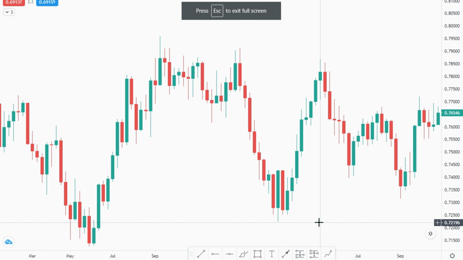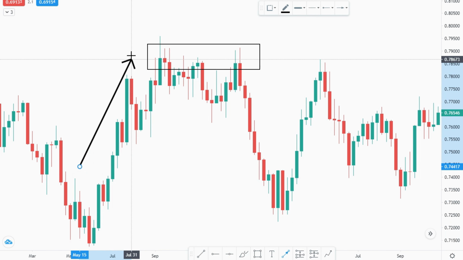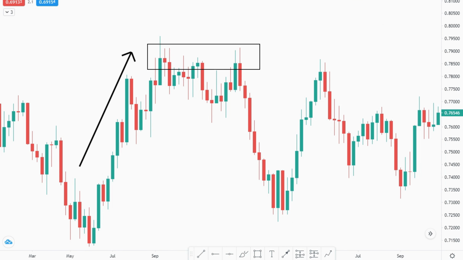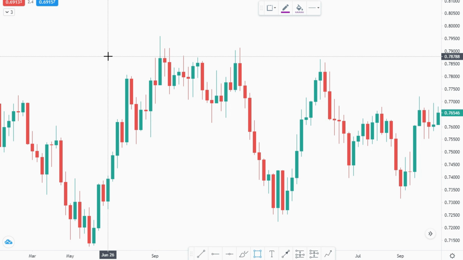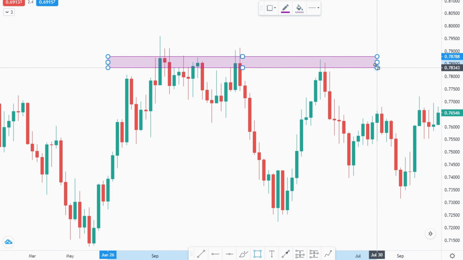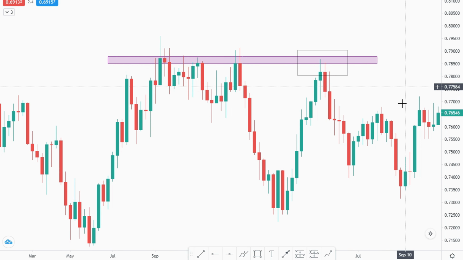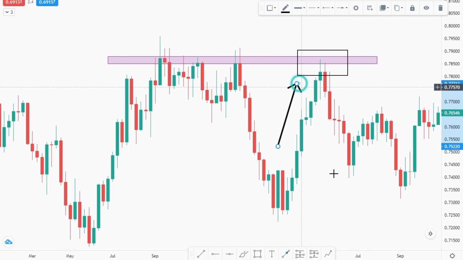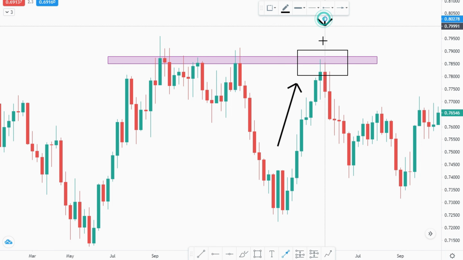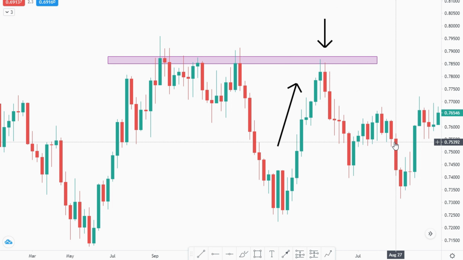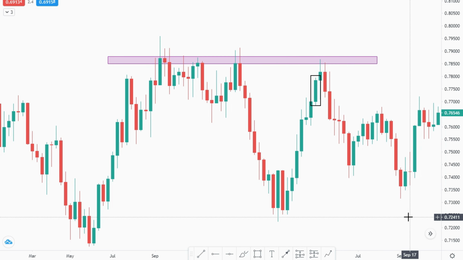Here, price came up, giving us a triple rejection at a level which makes it a key level of resistance. So we draw that in. Then price approaches this level again. We look for some form of price action to occur at the key level to enter the trade. We have a big green candle, a smaller green long wick candle which is rejecting the key level, and a smaller red candle also rejecting the key level.